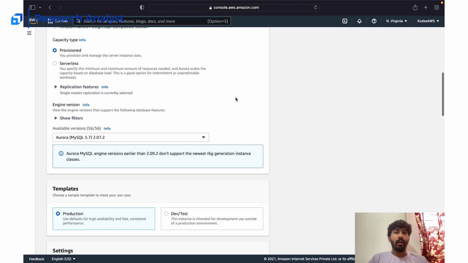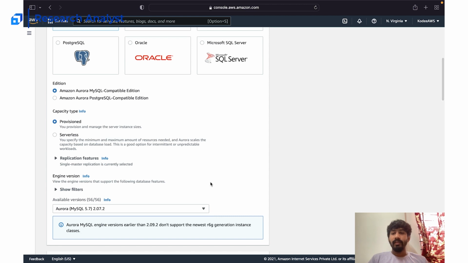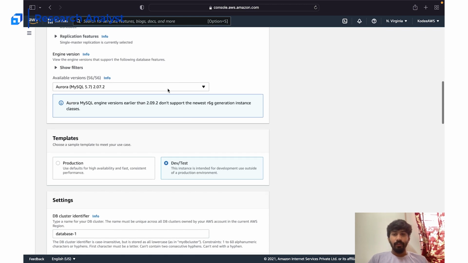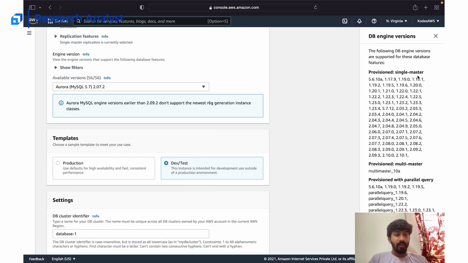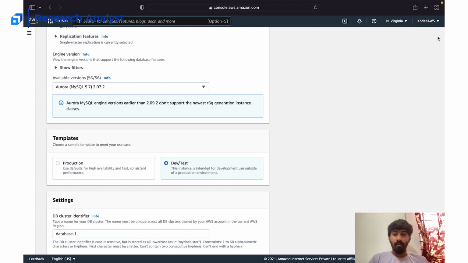If you've not created your account, just create your account. You can practice for free. I'm going to go with dev/test. The thing is, with standard create, you can select the type of instance. You can select the available version you want. You can see they've provided you with all the information about the available database engine